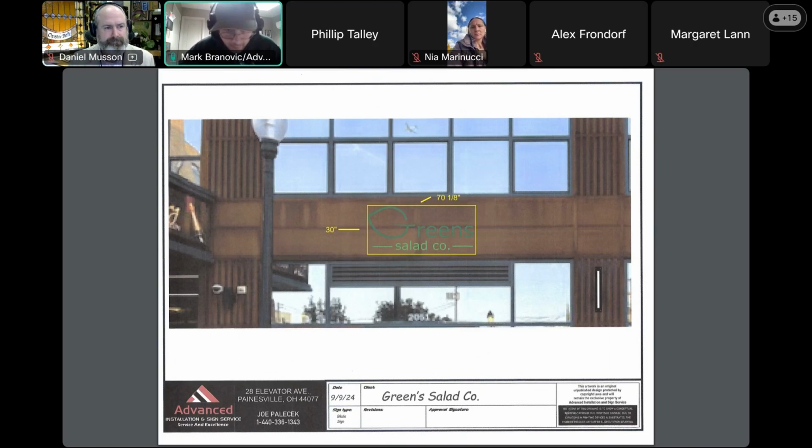Well stated. It would contrast some, but as Nia said, the owner, I'll ask them to consider some sort of contrast there. I think part of the appearance issue is just the rendering, and especially illuminated, I believe it will stand out. Anyone else?